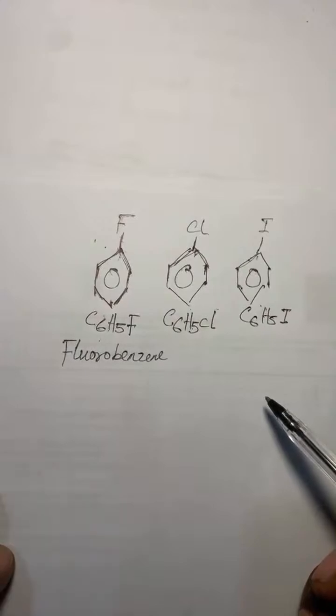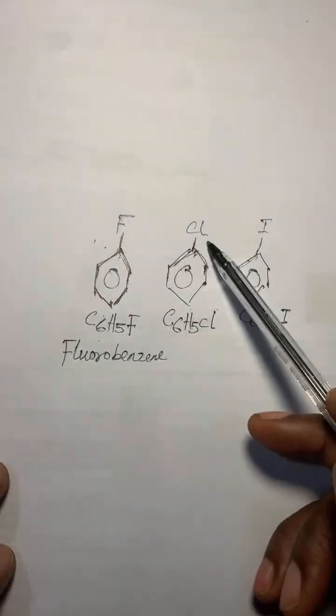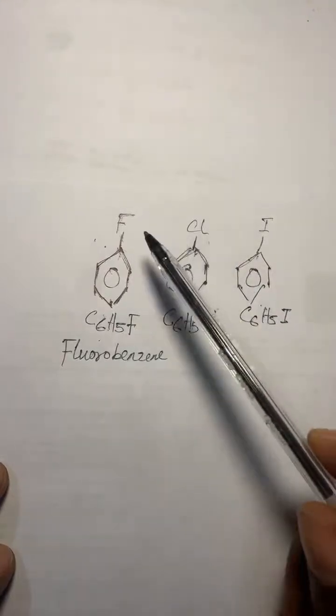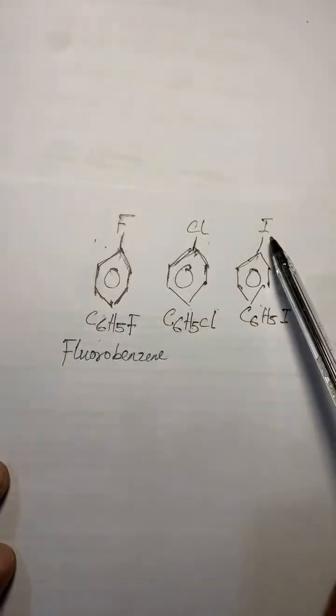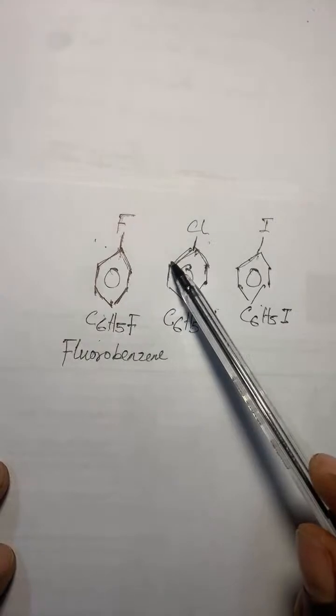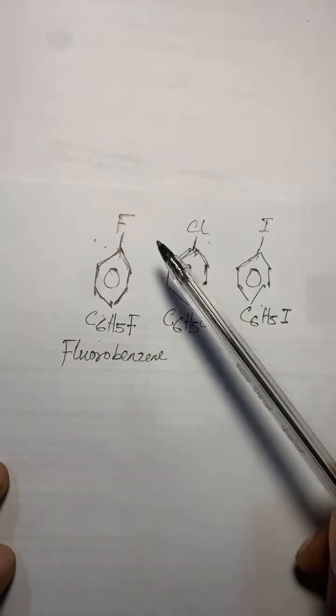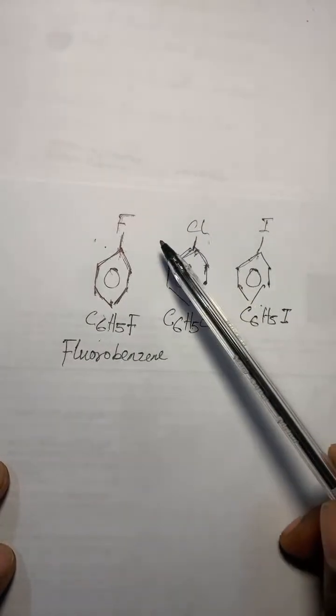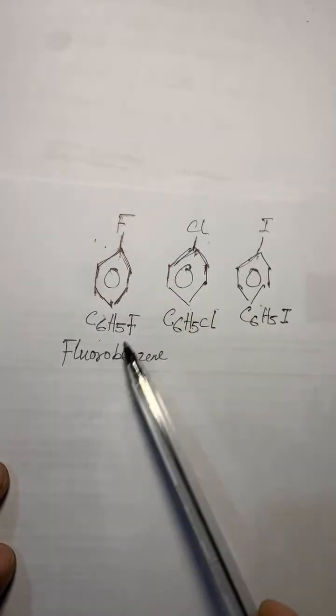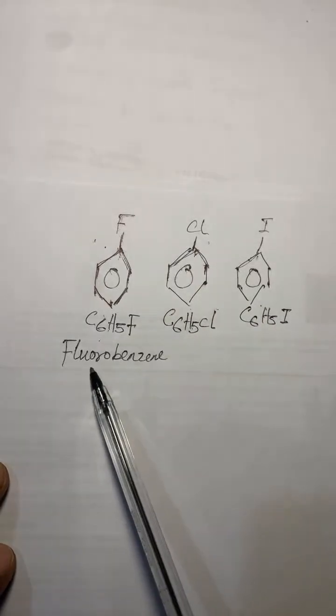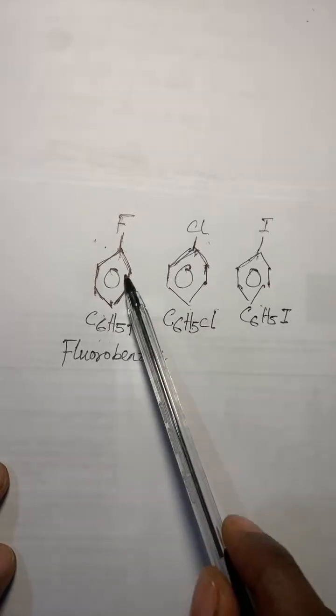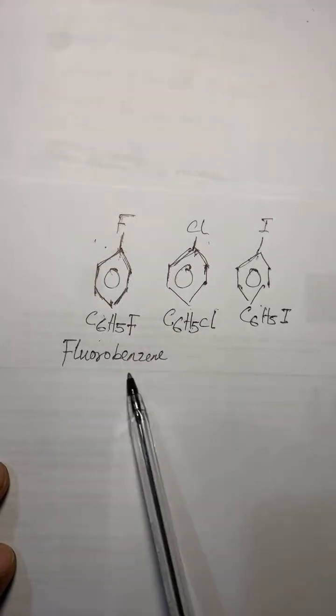Okay, somebody say yes. Good. So here we have this to be chlorine, just like we have this to be fluorine. All these things are from the group 7 elements in the periodic table, where they come under the halogen family. This fluorine is coming as a prefix before this benzene ring. That's why we have it to be fluorobenzene.